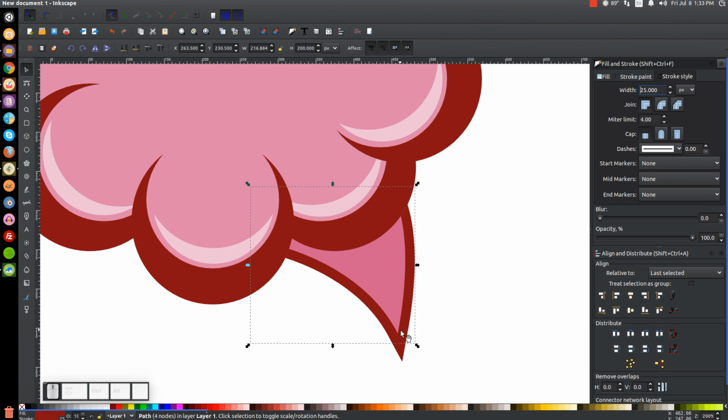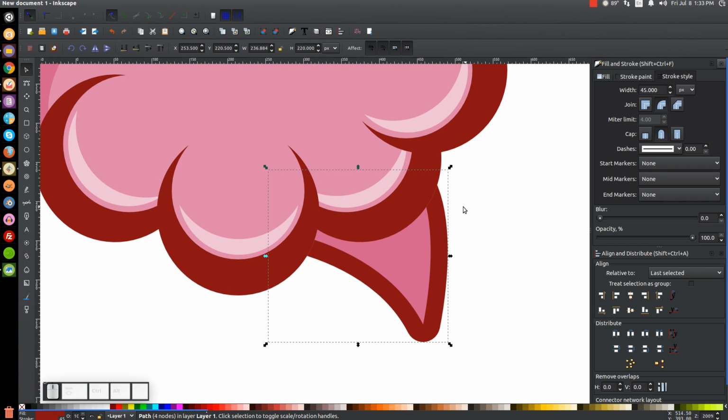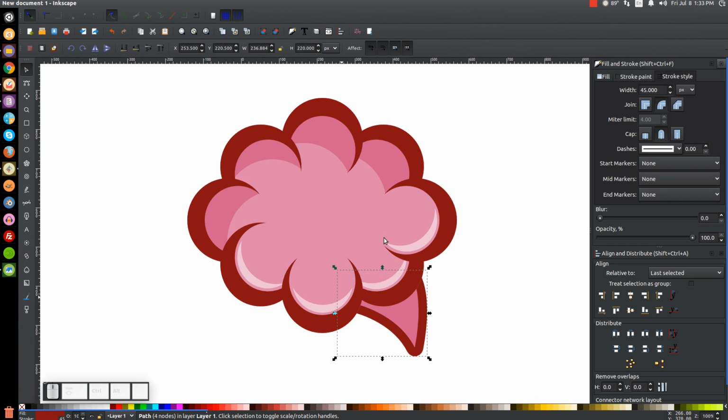We want the outline to match the thickness of the other red outline, so I'm going to go a little thicker on this. Maybe I'll try 40. Maybe a little thicker, 45. I'm going to give this a rounded join and a rounded cap. And let me zoom out a little bit. Maybe just a little thicker. Maybe I'll go with 50. And that's good enough. So once we've done that, we can go to path, stroke to path, path, break apart,